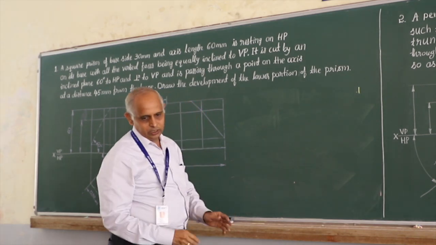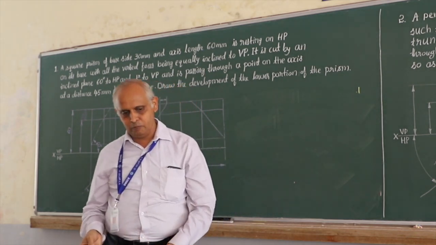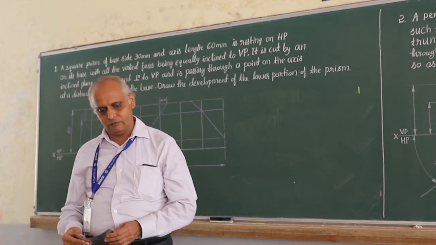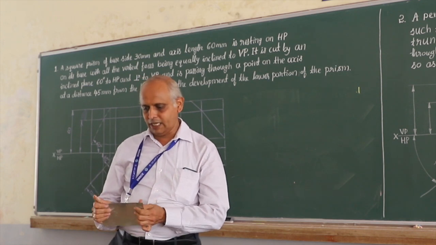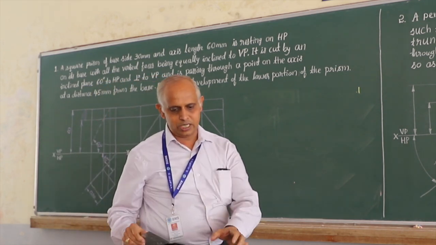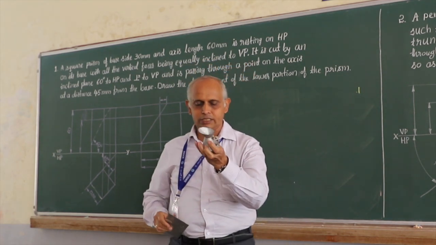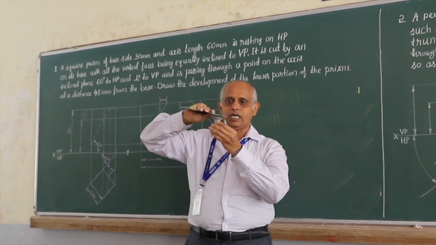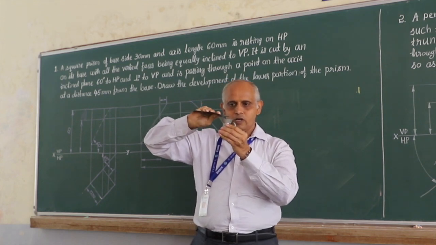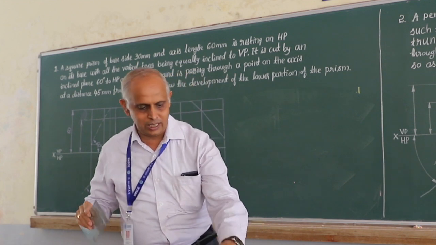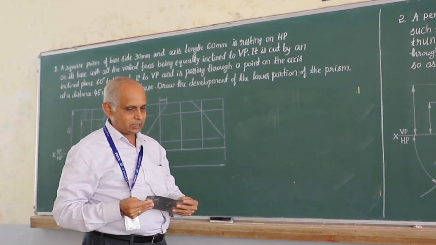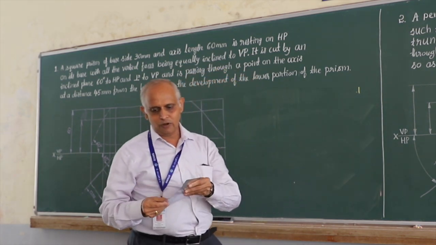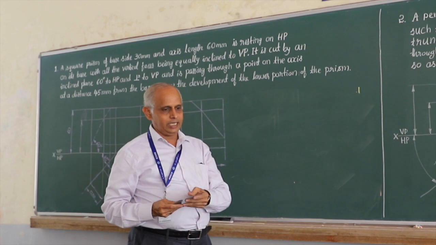Now, before getting into the development, we would like to look at an important concept, the sectioning of solids. Section is a very, very important thing. If I try to cut an object in certain applications like this, for example a cone, this is a combination of an inverted cone and a cone. Now, it is actually a cone cut at an angle. Therefore, when you cut regular figures like pyramids, cones, prisms and cylinders, you need to look at what are called section points. For that, first of all, let us try to understand the two types of cutting surfaces.